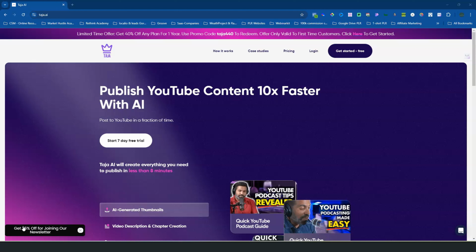So Taja AI is an AI-powered platform designed to significantly streamline and automate the process of creating and publishing YouTube content, allowing users to generate everything needed for a YouTube video, including titles, descriptions, thumbnails, and so much more in just a few minutes. Their key features are AI generated thumbnails, video descriptions, and chapter creations, producing short clips from long form for YouTube Shorts,